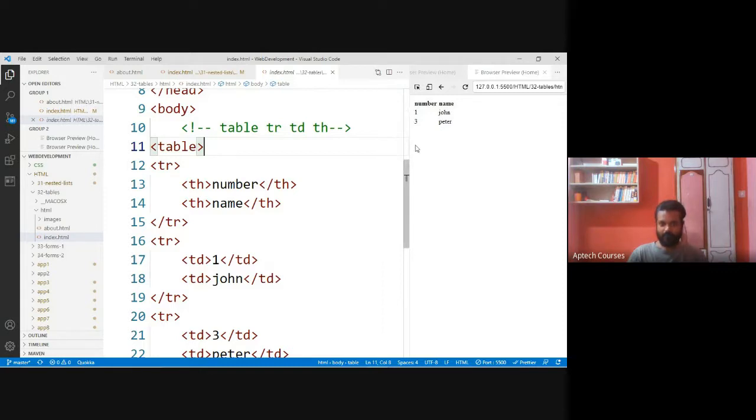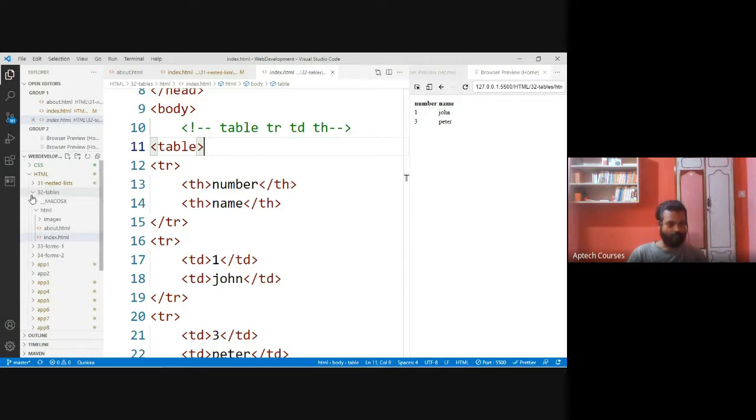Table data, we are getting in the normal font. It is not bold, it is the regular font. That is the difference between table heading and table data. But all these are represented through table row itself. Inside the table row, this is table heading. Now inside the table row, this is table data. This is also table data. All these things are inside the table tag.